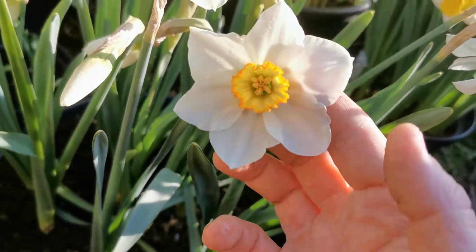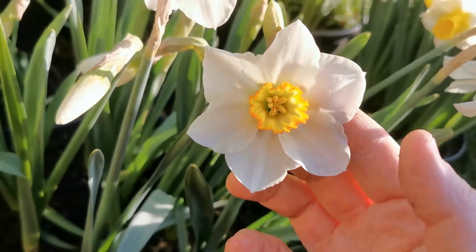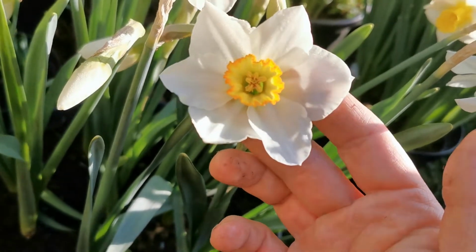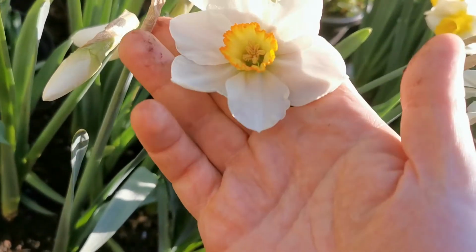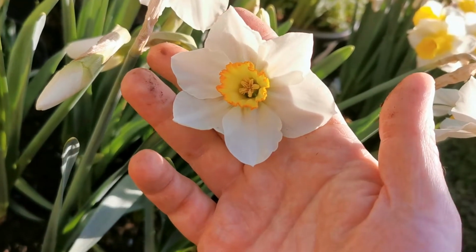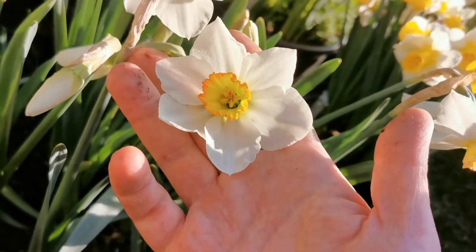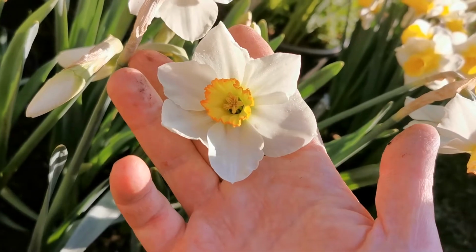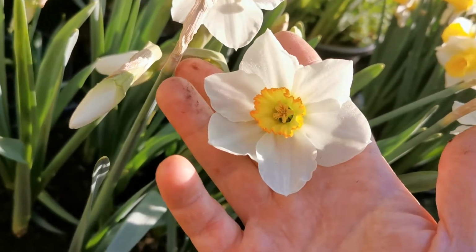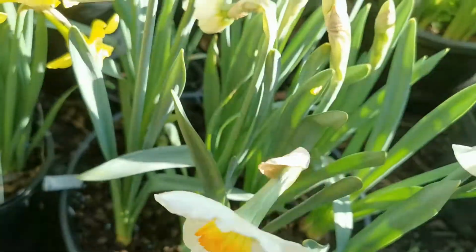It looks a little bit like a poeticus, with a slightly bigger crown. Unfortunately, it doesn't have the fragrance that the poeticus is so famous for. I don't have any poeticus in flower yet, except the Actaea. This variety of poeticus is not fragrant at all. Well, it's very slightly fragrant, I would say, but the real poeticus is supposed to be much more fragrant. So this flower, again, is a nice flower for the garden, but not really if you are looking for fragrant